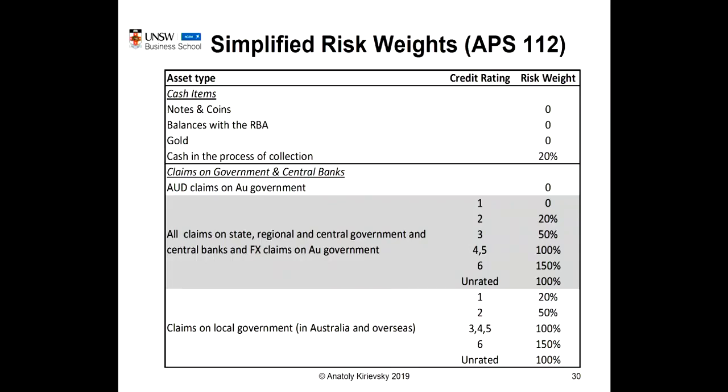Claims on government and central banks. So Aussie dollar claims on the Australian government, 0% risk weight. Generally speaking, local currency claims on central government is 0% risk weight pretty much everywhere. Why? They can print money. Because they can print money. That's exactly right. It's very hard for the government to default on obligations in their own currency because they have